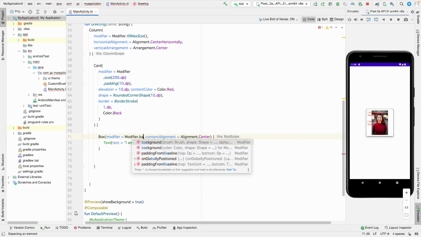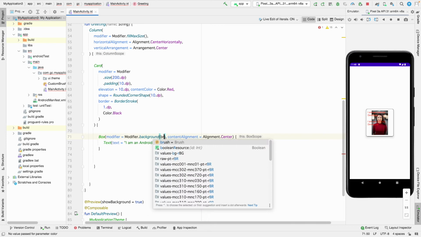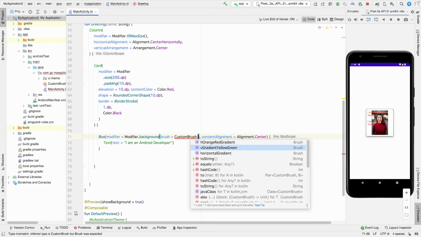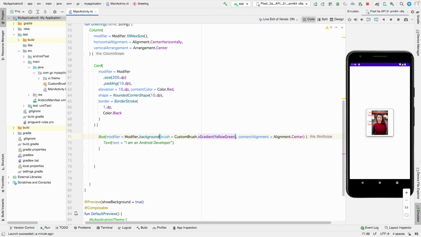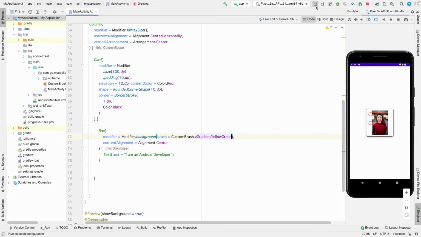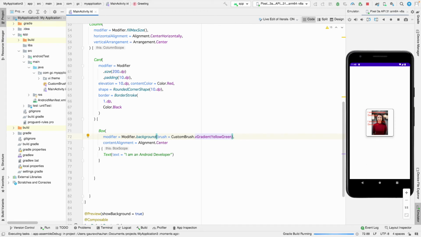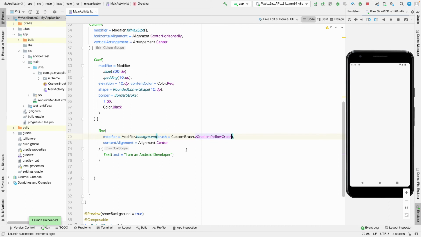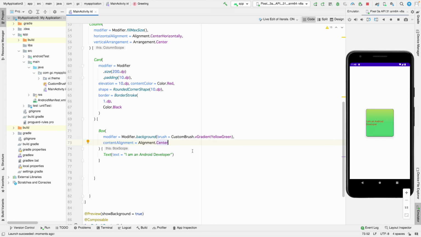And for the background, I have defined my custom brush dot vertical yellow green gradient. Okay, let's see how it will look. And it should take the gradient. Okay, see, we can also give the background gradient to the card view